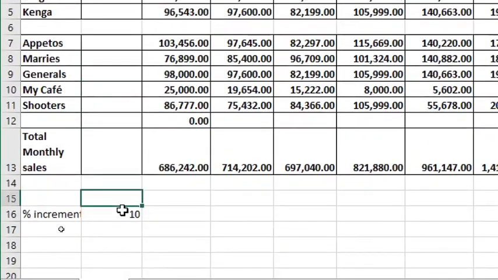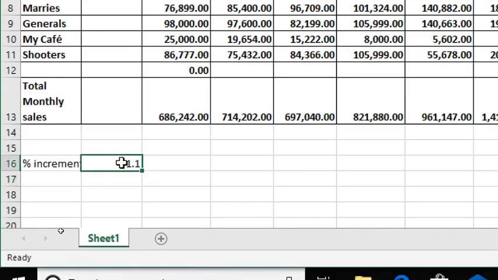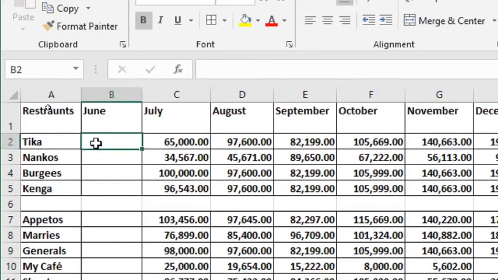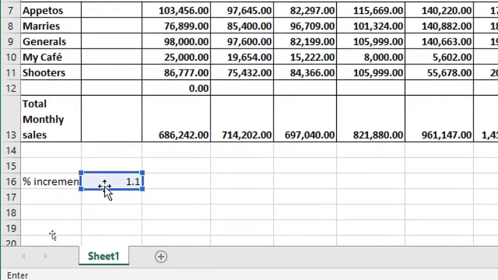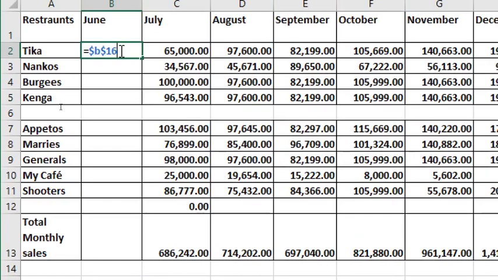Therefore in this part we have to change this. It will be equals to 10% divided by 100. Therefore that figure will remain as 1.1. Then at this point we shall come and say equals $ sign B $ sign 16. Therefore it will have picked this multiplied by